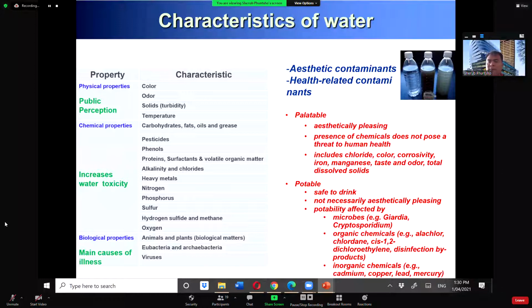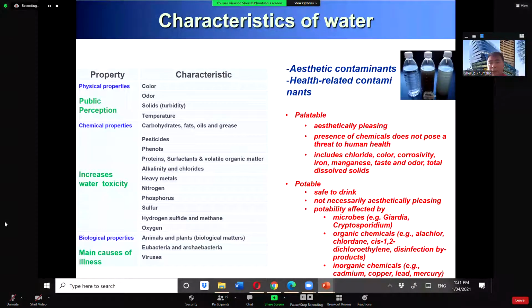You can see in many different types of commercial products, they use very different kinds of chemical compounds. All this at some stage becomes part of the water. It becomes dissolved in water and becomes part of the contaminants, which means there can be lots and lots of different contaminants present in water. But these basic characteristics form